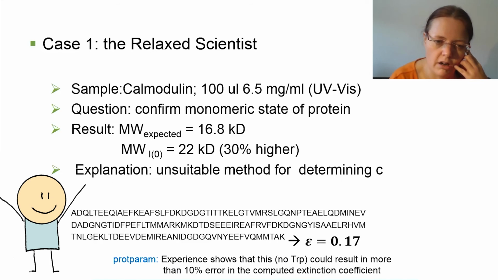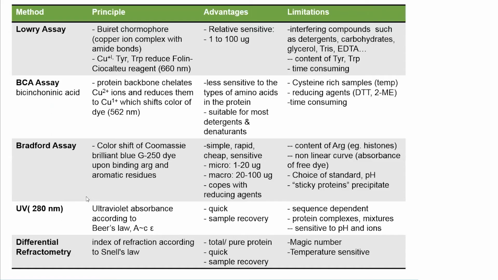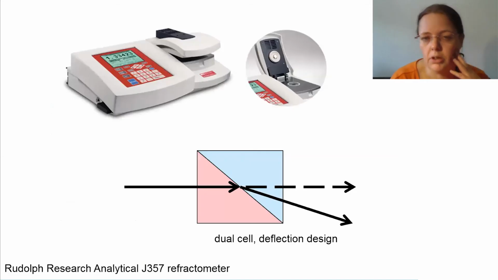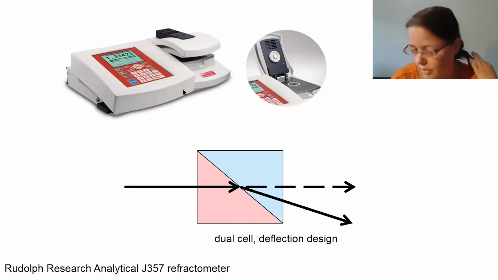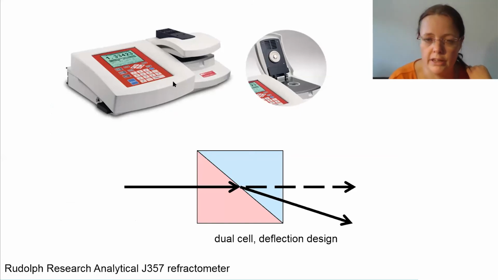So in this case, our user can get more excited if he chooses a different way to determine the concentration, or to have a different concentration assay at hand. I won't be going through all these options, but I'll just have them in the slides for you to check up on if you're not sure about how you determine your concentration. At the beamline, we do offer the differential refractometer that we can also use for those kinds of proteins that don't have any tryptophans, or also if you're studying complexes and you're not quite sure about the molar ratio and what's going on, using a refractometer is a good way to check it.